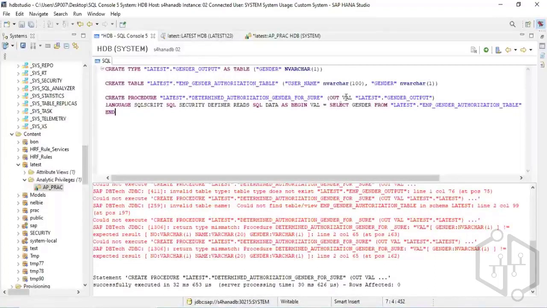Okay, you will understand it. So I've given the schema name, and I've given the output variable, output type. And this language SQL script, SQL security definer, reads SQL data is all standard. It's all basic. And what I've done here is created a select command: select gender from latest employee gender authorization table